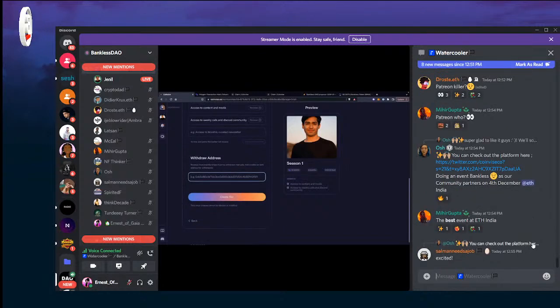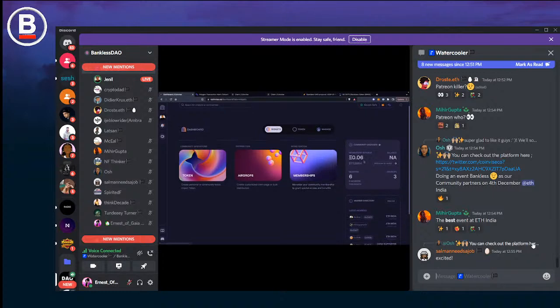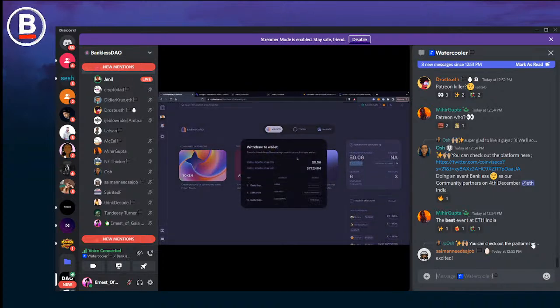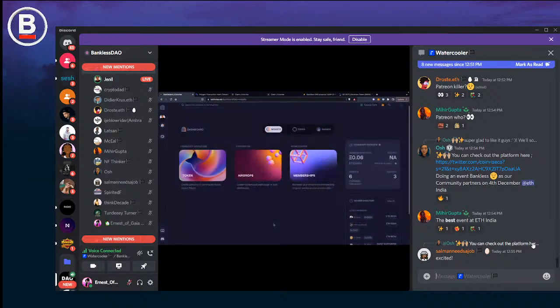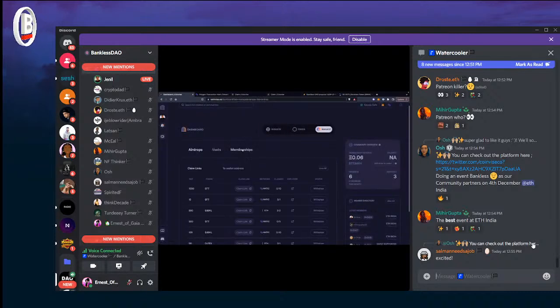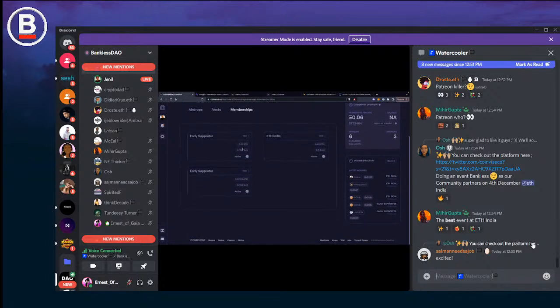I already have this tier created, so what this looks like, you can even see your membership revenue right over here, and you can withdraw it to your wallet. You can see all your tiers here. You can even go to manage, and you can see all the tiers you have created in the past. So I've created like 3 tiers over here, where you can see a members directory of all the people that have purchased the NFT membership for you. And you can see all details associated with individual tiers.